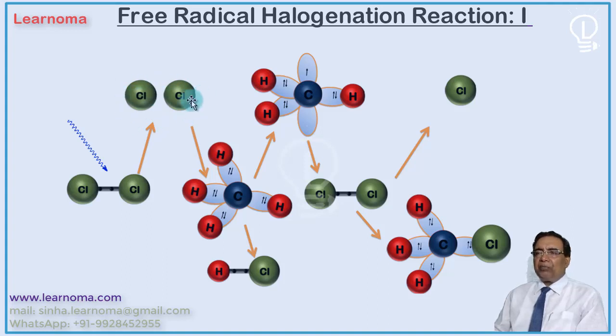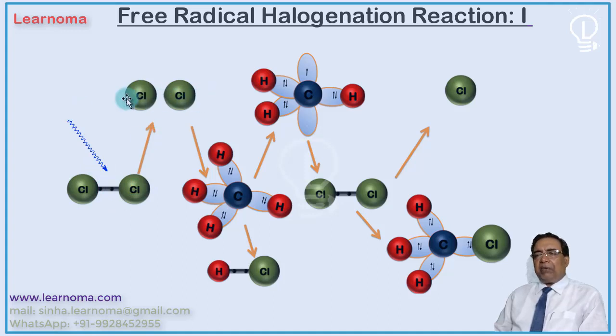These are called radicals, and radicals are very important species in organic chemistry. They are very reactive, and they initiate a chain reaction. It is very difficult to control, to tame the radicals. Radicals once produced will react further, and such a reaction is called a chain reaction. Here, technically one quantum of light is sufficient for one bond. One bond is dissociated by one quantum of light, and it produces two radicals.